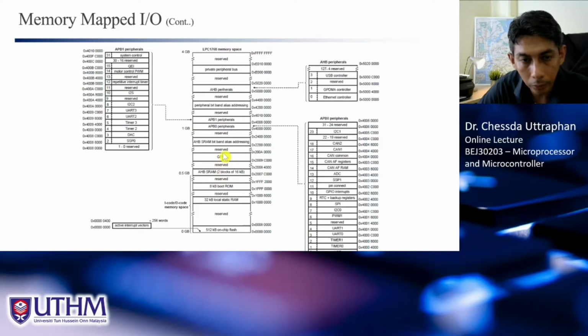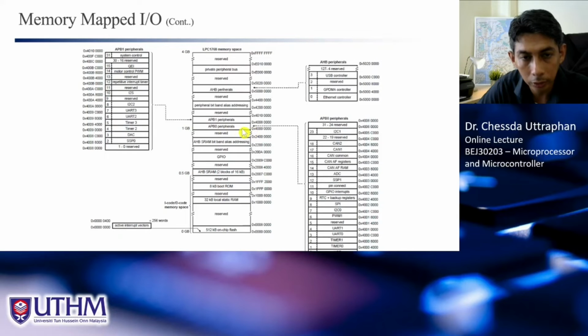This is GPIO. GPIO is general purpose input output. So normally we can use this for interfacing with any IO devices. IO devices, for example, the switch, the LED, the LCD. Yes, we can use the general purpose IO. Reserved, here we have SRAM. We reserve. This is peripheral